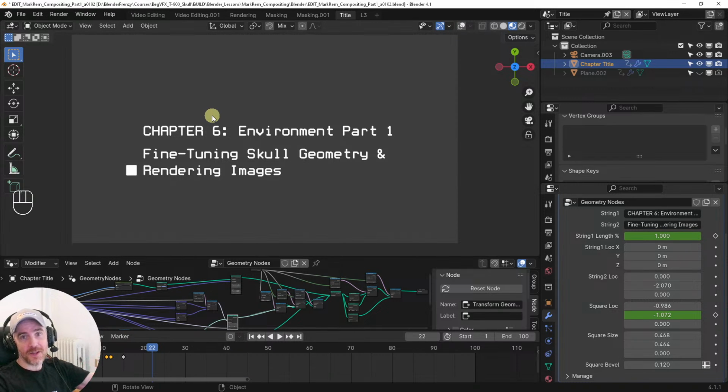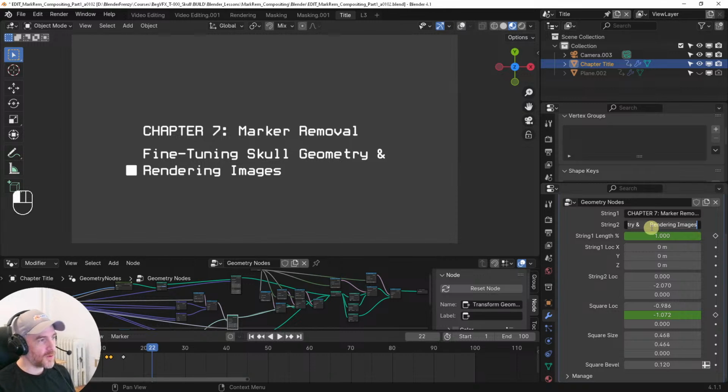So I have it all set up: the animation, the coloring, everything. All I have to do is change the chapter title and the name of the video. So we're going to do that. This is actually going to be chapter 7. And what do I want to call this? Face removal. But it's not face removal. Face, or marker removal. Marker removal. And there you go, it changes it there. And then this video is going to be called